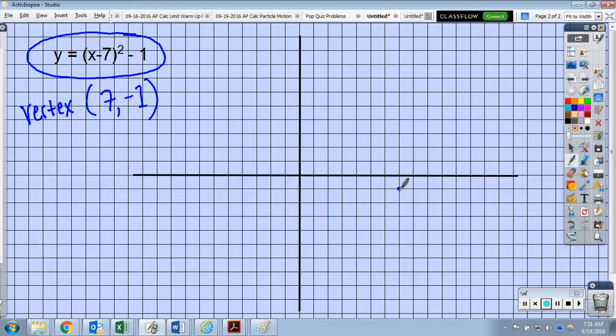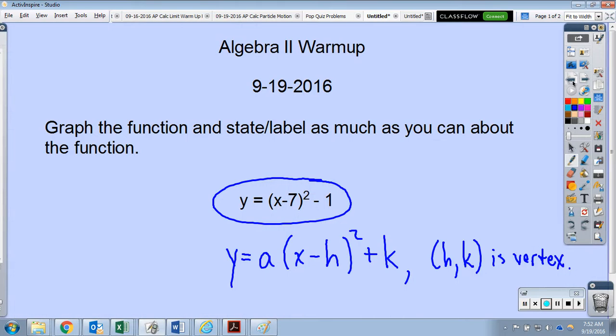And now that we're here, all we really need to do is set up a table of values. Got this really crazy one here on this y. Okay, now, if we look at the original vertex form here, actually, I'm going to label this as vertex form. If we look at this,